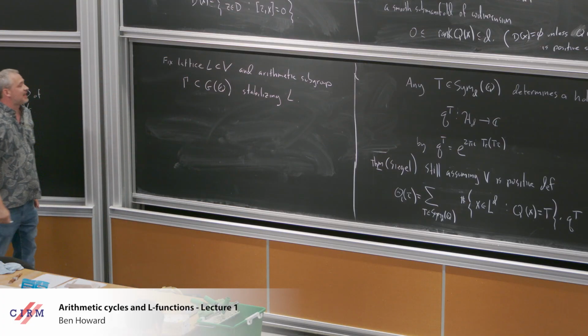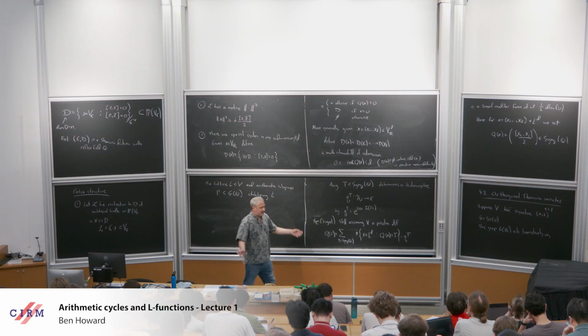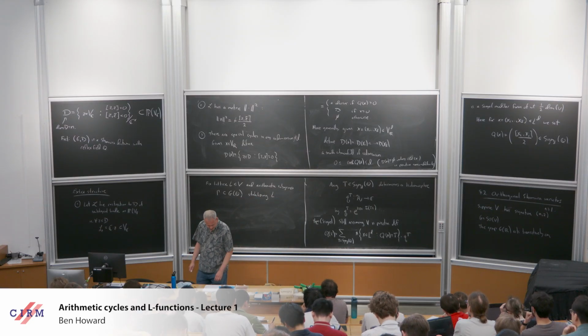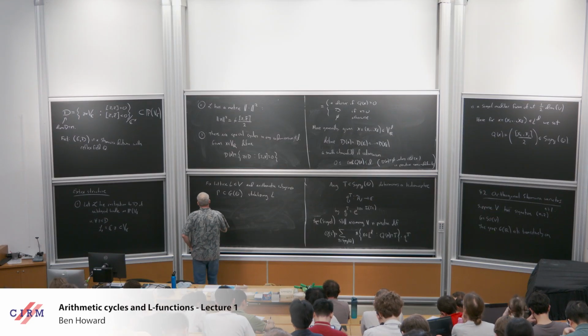You could fix the lattice and take gamma to be its full stabilizer. You could fix your arithmetic subgroup and then choose your lattice to be stabilized by it, but whichever you prefer. And then,